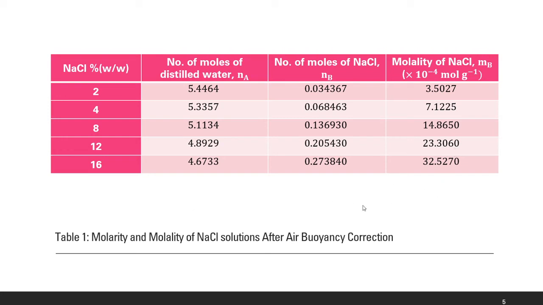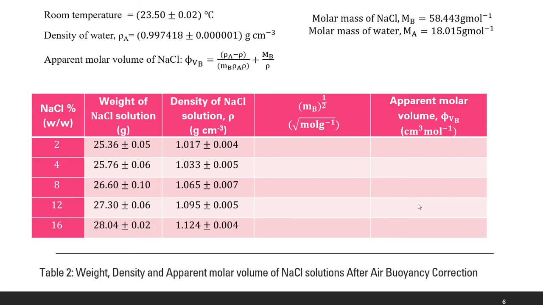This is done after air buoyancy correction. The other thing that is also given is the room temperature, which is 23.5, and based on this temperature, the density of water is found to be this. All right, and